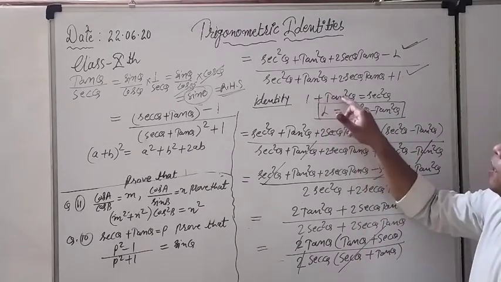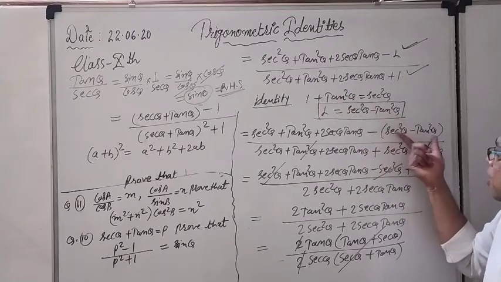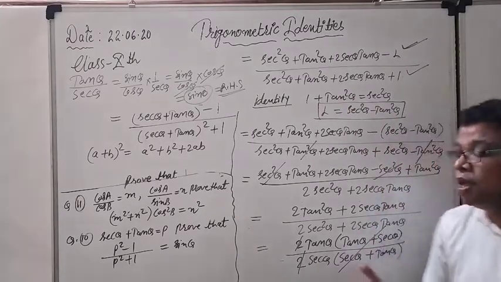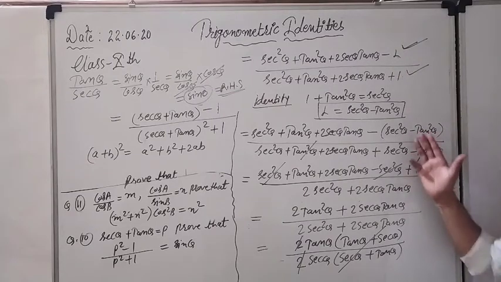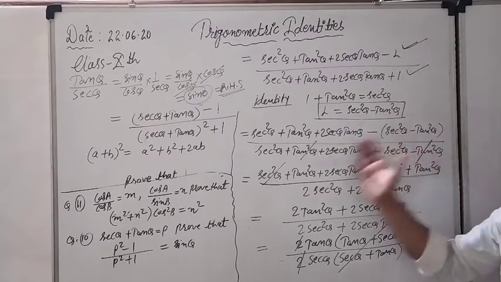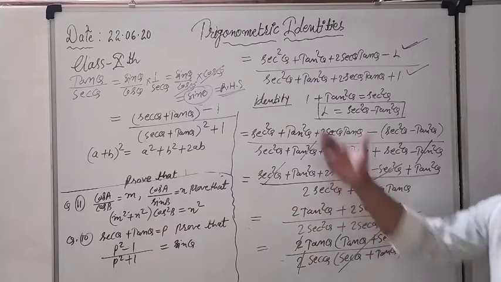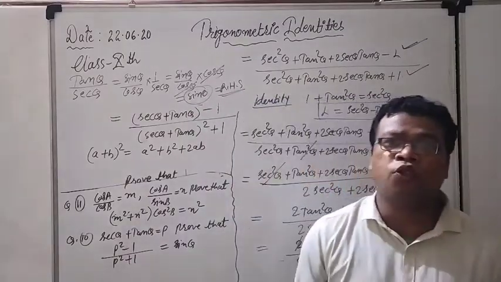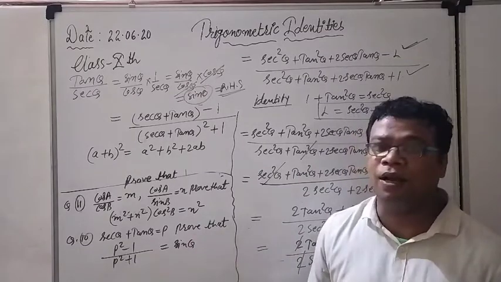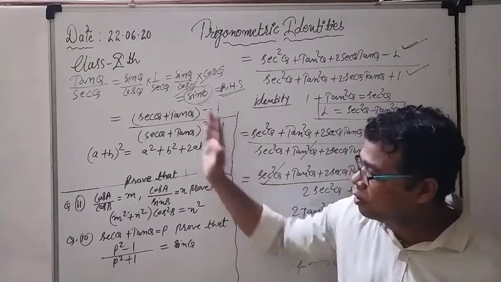So that 1 could be written as sec square theta minus tan square theta. I put up the values in both the numerator and denominator, and after that one by one I solved, cancellation, and after that some common terms, and finally this is the value. Whatever the requirement of the question, we have got the same thing, that is sin theta. So this was the solution for that 10th question.